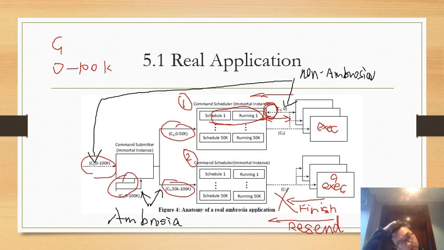Here, I have to point out that some commands can be run in parallel with other commands, so it is up to the scheduler to maintain a legal schedule for each of the machines it is responsible for. And the schedule is actually part of the serializable state of the immortal. The command scheduler is an immortal instance, so it is automatically protected from failure.